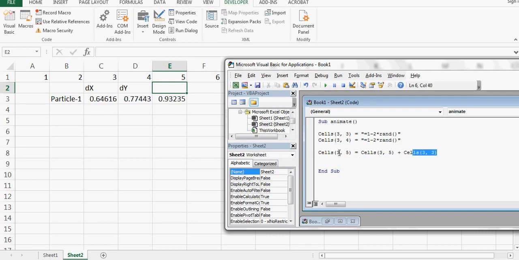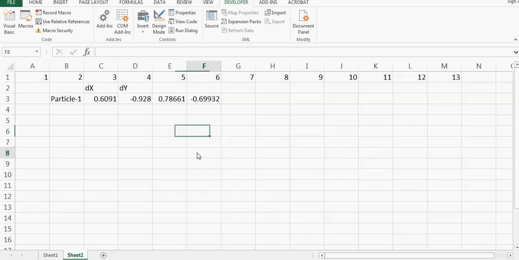So I'm gonna do this again. I'm gonna take this again, I'm gonna put it here, and this will be for 6, and this will be 4, and this will be 6. Now I have 2 steps here, right? So I'll call this X and this is Y. So now I have a walk. How will I visualize this walk?